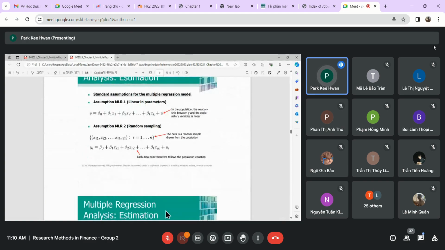All right, now let us talk about some standard assumptions for the multiple regression model. Actually, remember we talked about standard assumptions for the simple regression model, and we will have similar standard assumptions for the multiple regression model. Okay, assumption one, linear. Okay, so this is the same as we had